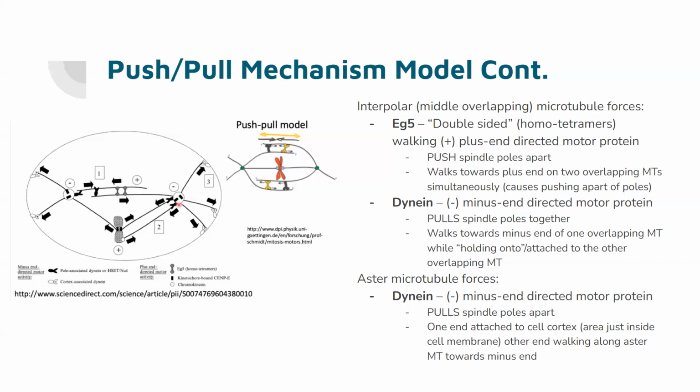So the spindle poles at the edge of the cell are being pulled apart with respect to one another. If you think about it in a geometric way,